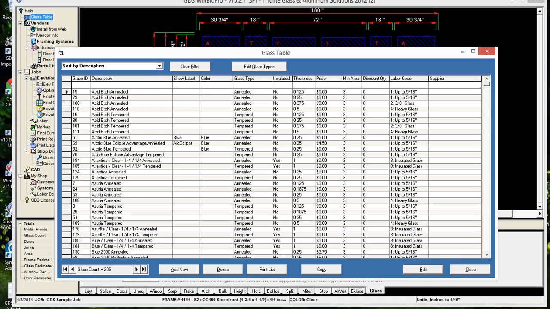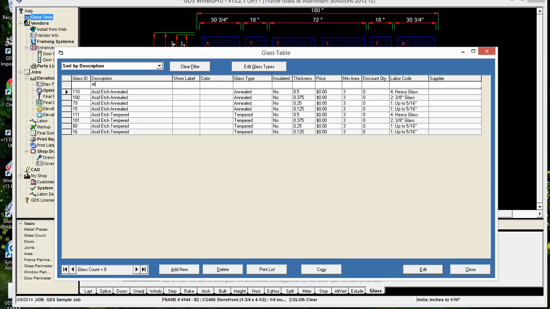So the filter, again, is if we type something in here like ET, it's going to look for anything that contains the characters ET. So I can even type etch, and now it's only showing me the etched glass. If I wanted to change the pricing of the etched glass, I could just go over here and start adding some pricing in. So it could be $4, $5, you know, whatever it is. And